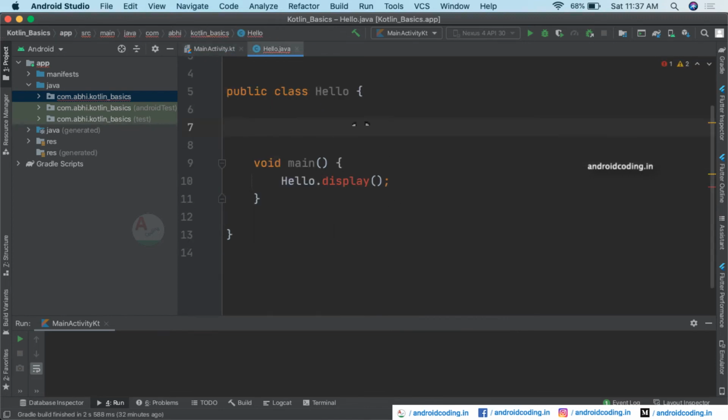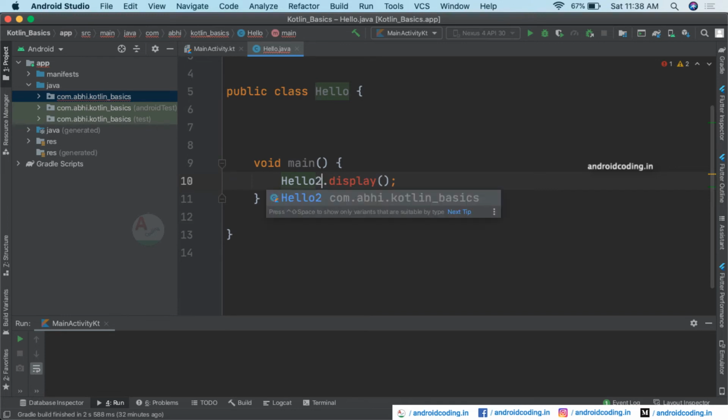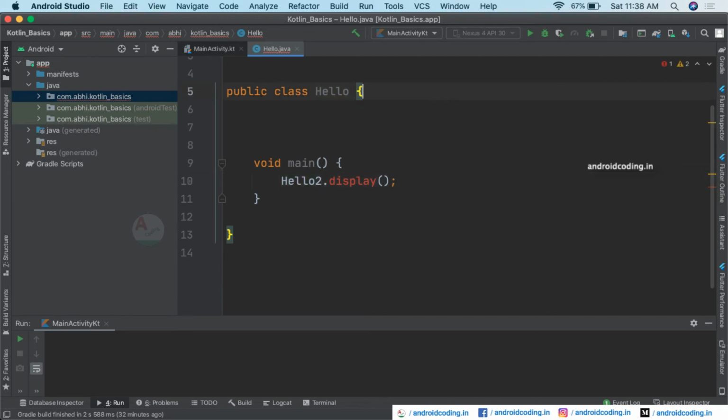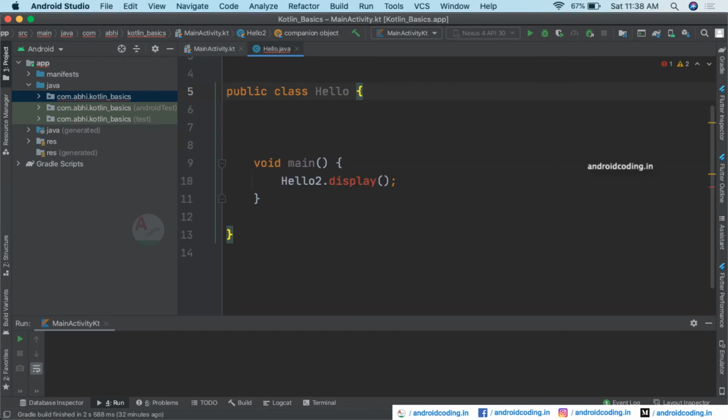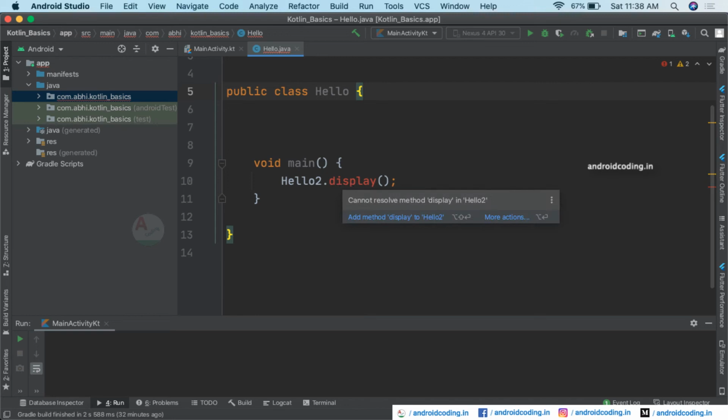Now inside the Java code you need to rename it to hello2, and now you can get the method display working fine. As we have changed the class name in Kotlin, make sure you add the same name in Java also to make use of the method display which is declared inside our Kotlin code. But still there is an error here: we cannot resolve the method display in hello2.